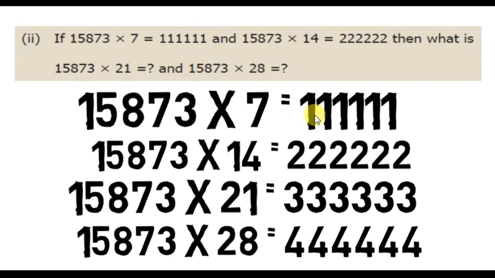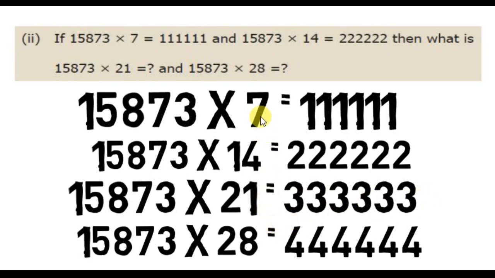The pattern here is the 7 table going on: 7, 14, 21, 28. 7 ones are 7, so the pattern gives six ones. 7 twos are 14, so 2 is the number in the pattern, and we write six twos. Similarly, 7 threes are 21, so we write six threes.